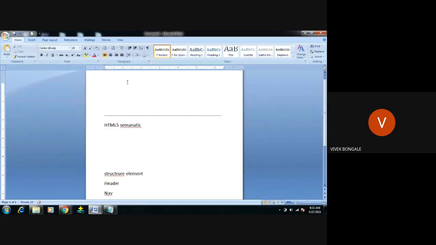For example, just consider, just observe, consider as I have given one logo here. Just assume I have given your own logo. Under that logo, I am giving SVIT College, Rajan Kunte, Bengaluru, 560 something. That address I want to give. All those content, all those data should fit between this header. That logo will be an image. We are not able to group that image, but the content is there, right?